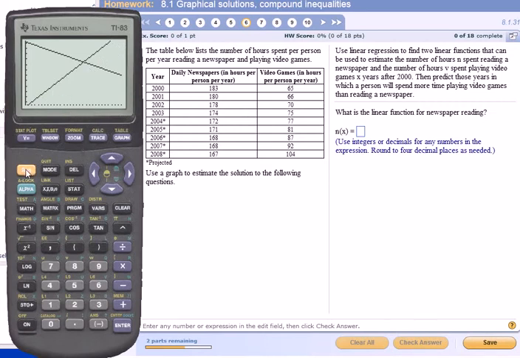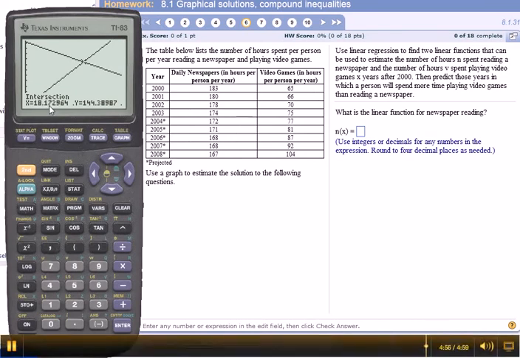So now at this point, we wanted to determine when this one is greater than this one. So this point is the starting point. So we just need to determine the intersect. So you hit enter, enter, and then just guess where the line is. And there it is. And that would be the year 2018.17. So in this case,